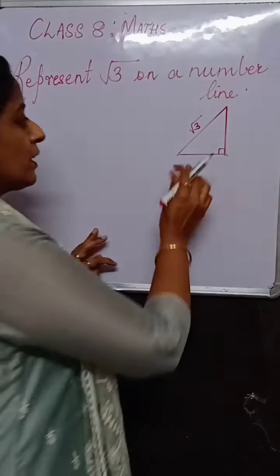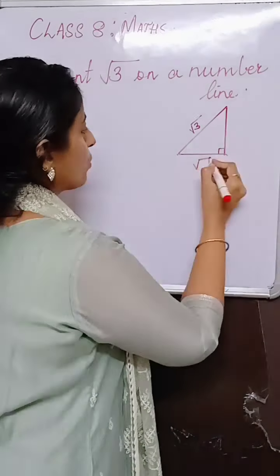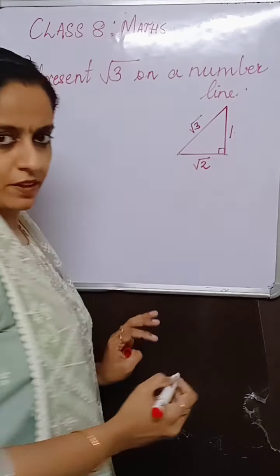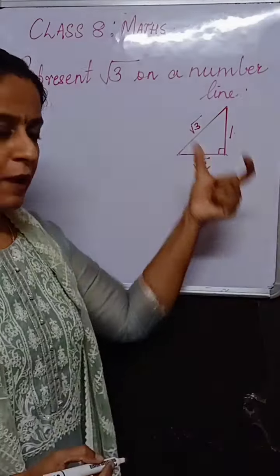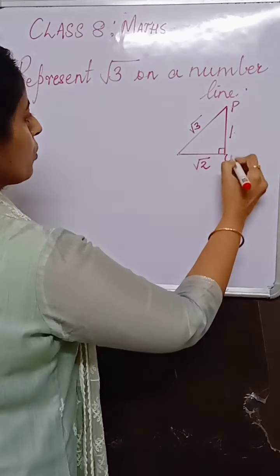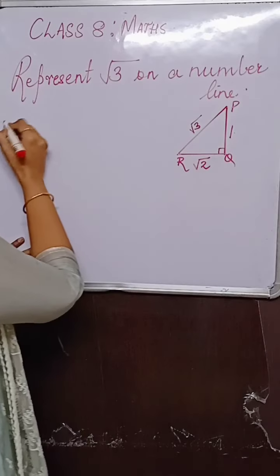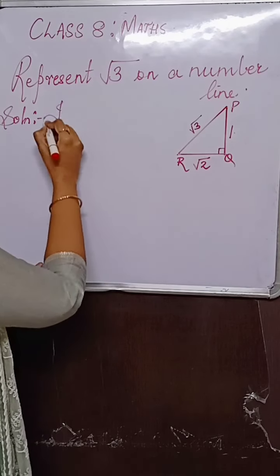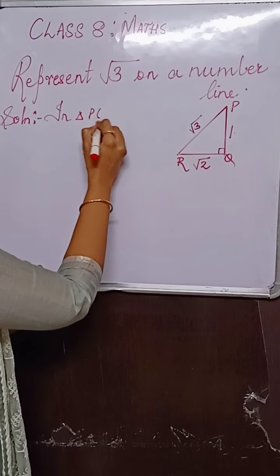I'll tell you. The base we will take as root 2 and height we will take as 1 unit. Okay. Base root 2. Apply the hypotenuse side test and see. I'll name it as PQR. Solution. First you have to write the steps properly. In triangle PQR,